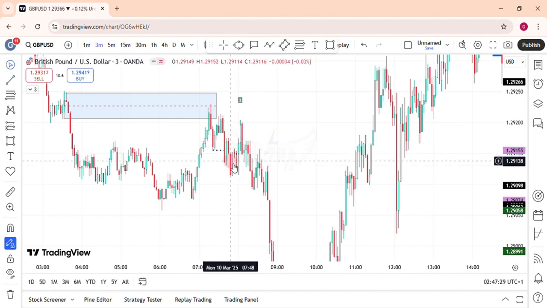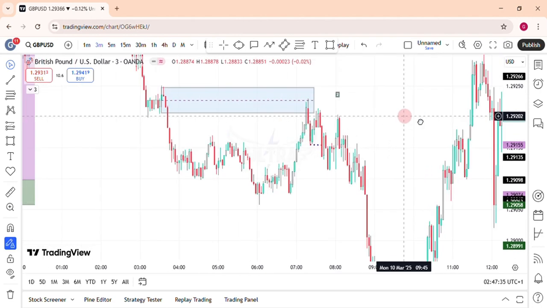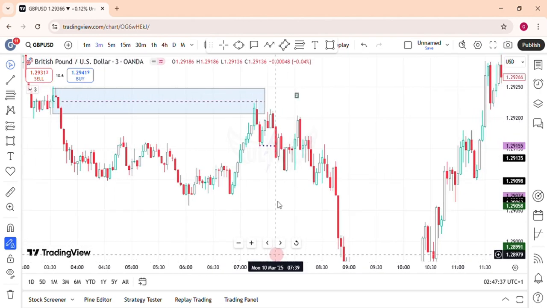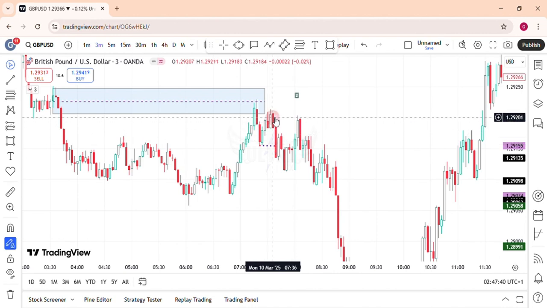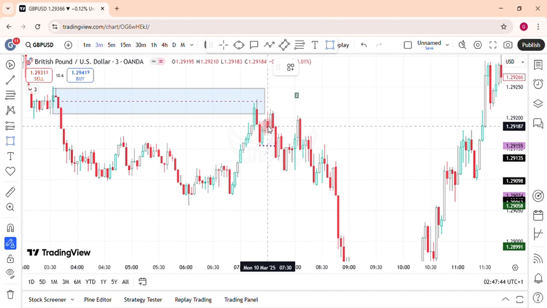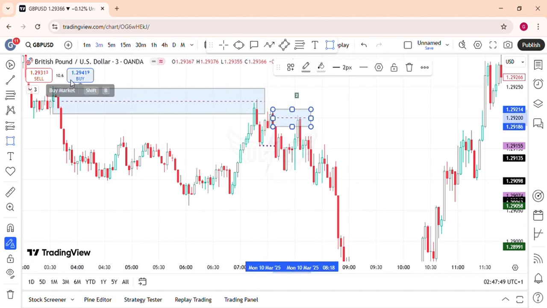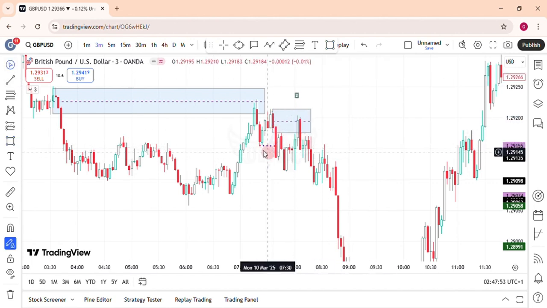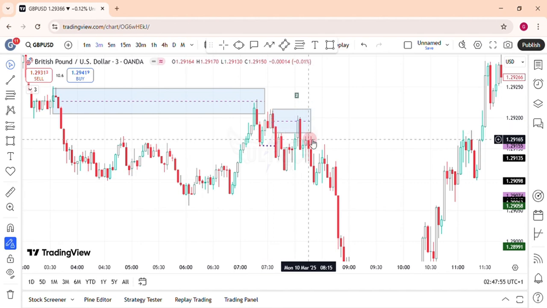And the next thing we need to look for is, prior to that close, was there a fair value gap? Yes, there was a fair value gap, and this fair value gap is right here. So at this fair value gap order block, you can set your entry here for a more risk to reward ratio, or you can enter here at the start of that fair value gap, so you do not miss that trade. So when market comes to this spot, you can just take your entry.